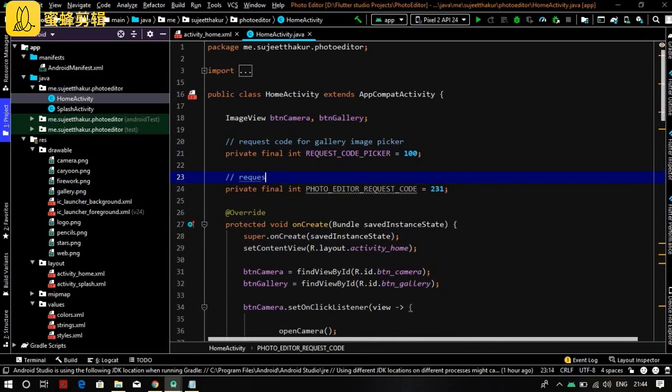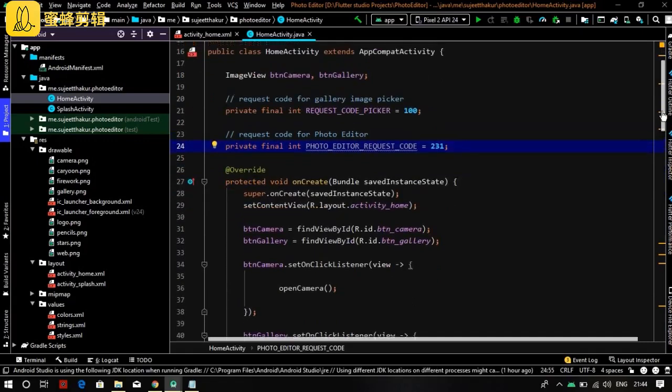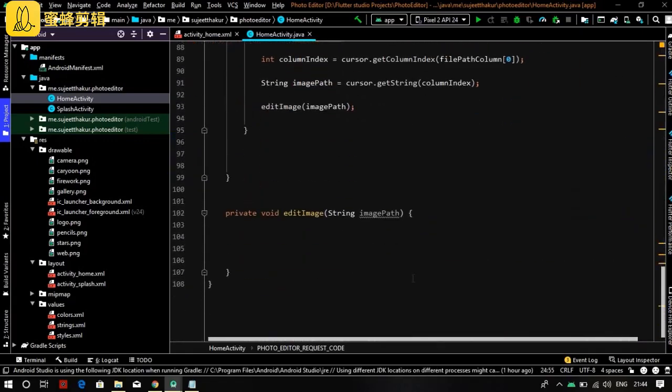This constant is the request code for edit image. We don't need to create an activity for the photo editor. We have already added the dependencies, so we will use it. We just need to call it.